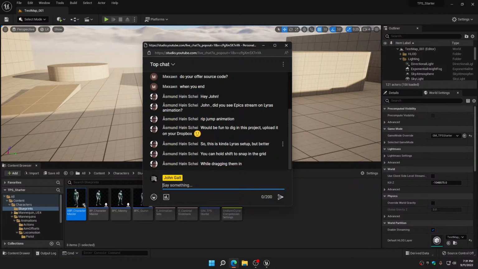So this is kind of a Lyra setup, but better. No, I wouldn't say that this is a Lyra setup, because they use stops and starts and pivots and distance matching and leans and tilts and slopes and all this stuff. What I did was take the Lyra animations out of Lyra and import them into a default third-person template, which is what this started as. I kept the exact same animation blueprint that the third-person template comes with, and I started modifying it to include all